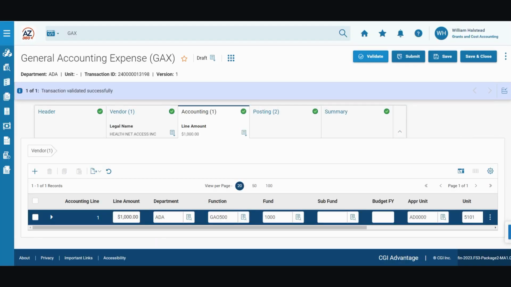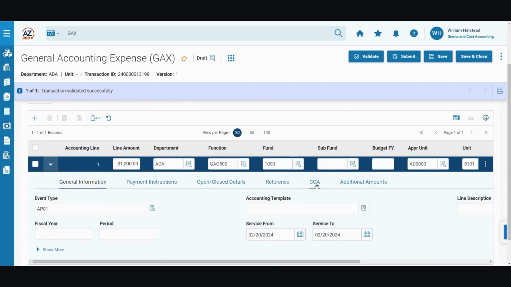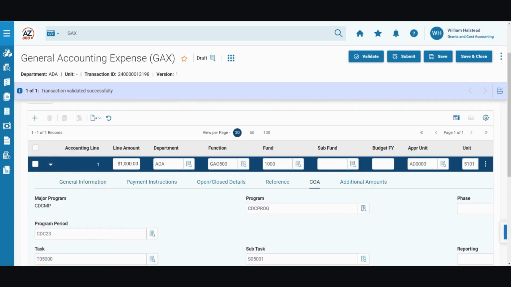Note that other COA have inferred upon validation of the transaction, one of which is program period. Program periods can be manually entered, but this scenario is showcasing how the program period inference date logic infers the program period. We will now showcase which fields have inferred. Some COA have also inferred into the accounting line based on the function inference. So in this case, by using the function, the fund of 1,000 and the appropriation field here have inferred based on the function value. Go ahead and click the expand caret, navigate to the COA section, and you'll note that